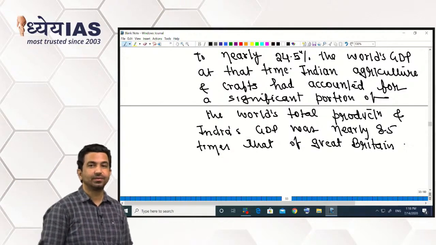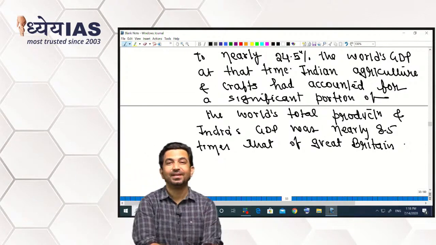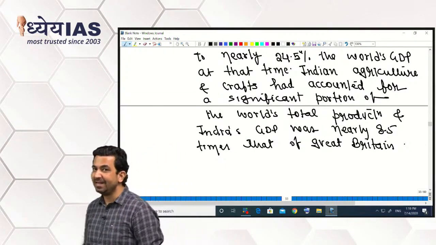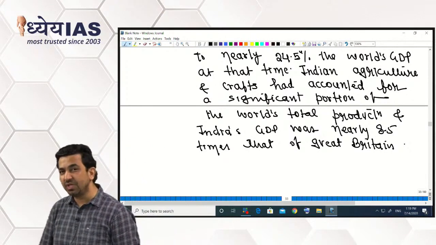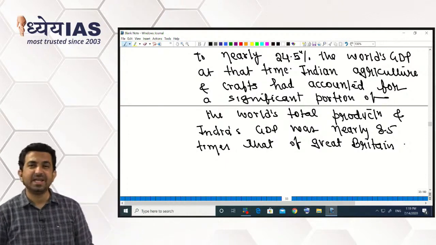Unbelievably high. India's GDP in 1700 amounted to around 24.5% of the total GDP of the world, which clearly states that the Indian economy